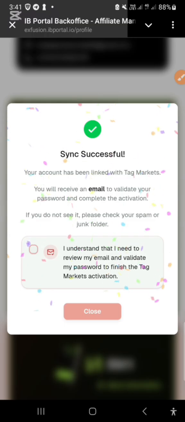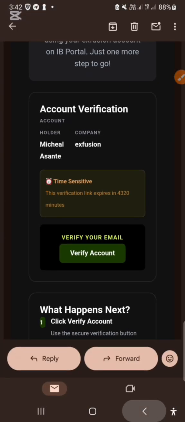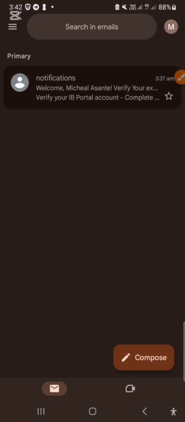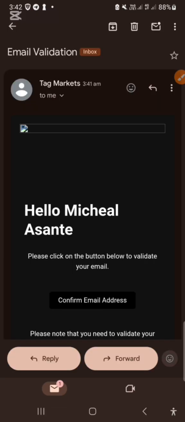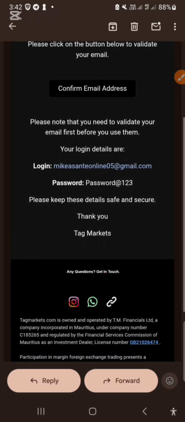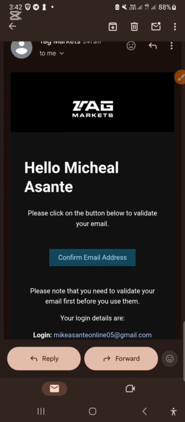So the last thing you have to do is to go back to your inbox to confirm another email has been sent to your account to verify this tag markets synchronization. So let's go back to our email. We go back once again, refresh once more, and you can see a new email has been sent from tag markets. So we click on tag markets and scroll down a bit, and you can see it says we need to confirm our email, and they provided us also with the details below. So we go ahead and click on confirm,